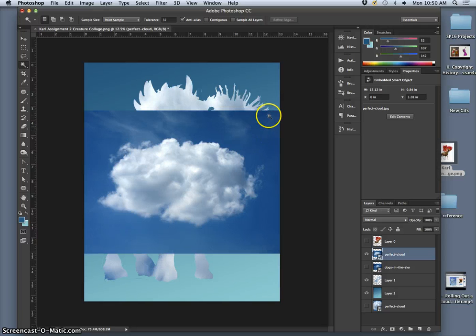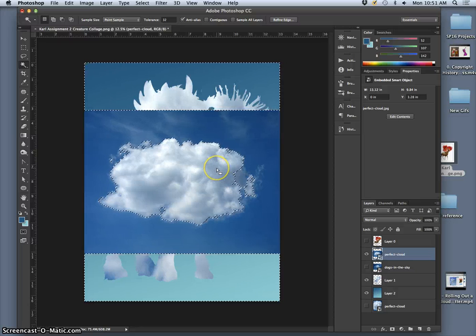We're going to get really good at using the magic wand. And I'm going to use the same settings, 32 tolerance, contiguous turned off. And I'm going to select the background around this cloud. And then I'm going to hold down Shift, and I'm going to add some others, right? By having contiguous unchecked, when I click in here at this little vapor, it's going to select every pixel that's that color or close to it within a 32 tolerance. So I'm holding down Shift, and that really cuts down my cloud. Then I select the inverse,